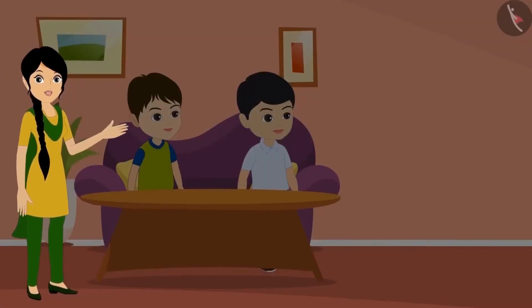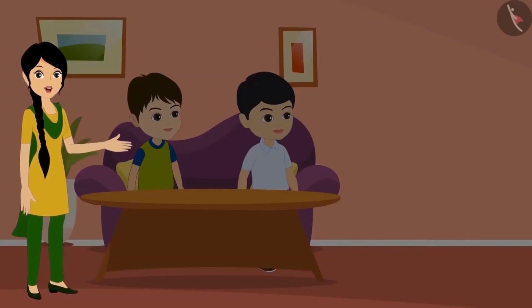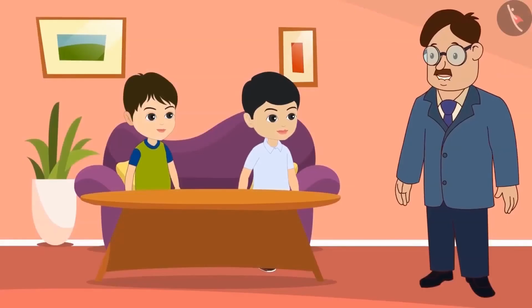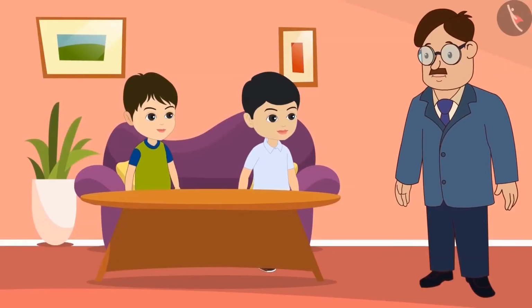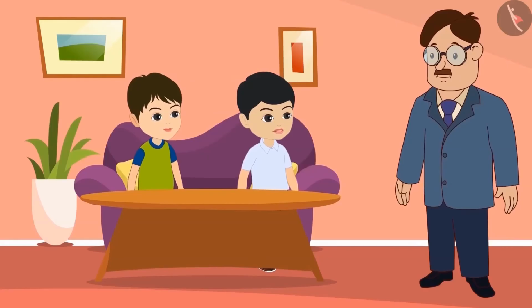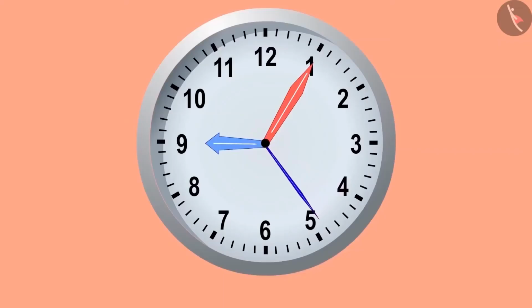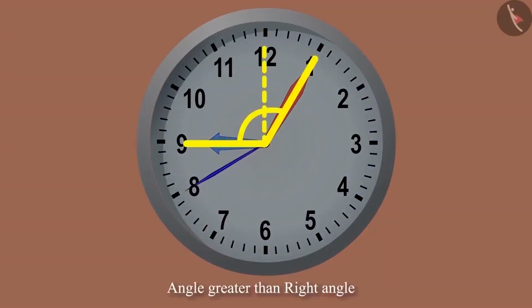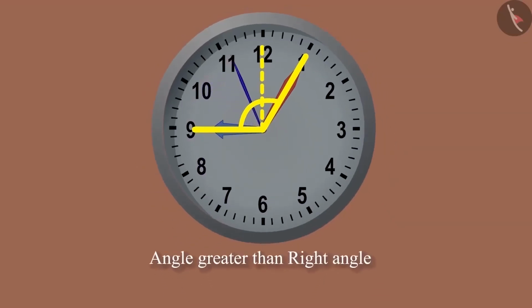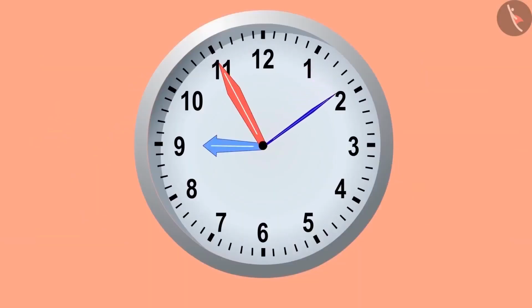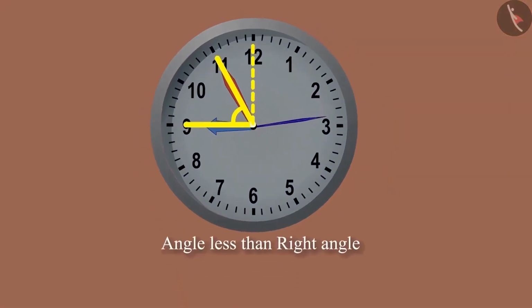Golu and Bholu carefully observe the hands of the clock, and then their uncle enters the house. Hey, why are you looking at the clock so carefully? Uncle, do the hands of the clock form angles? Yes, Golu. Now look, it is 5 minutes past 9 now. If we look at the angle made by these two hands, they are making an angle greater than a right angle. In the same way, when it is 5 minutes to 9, then they would be making an angle less